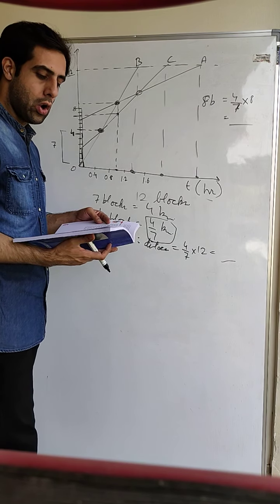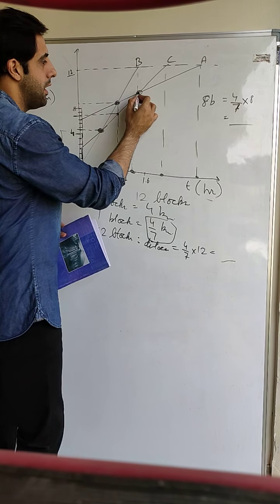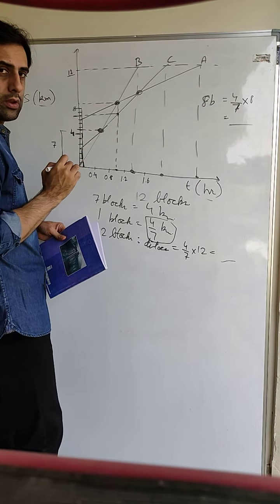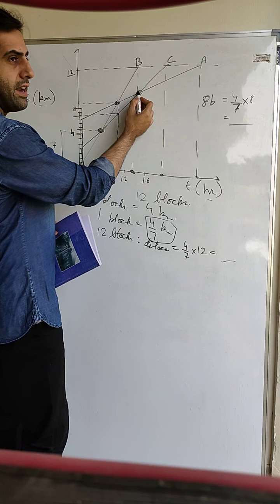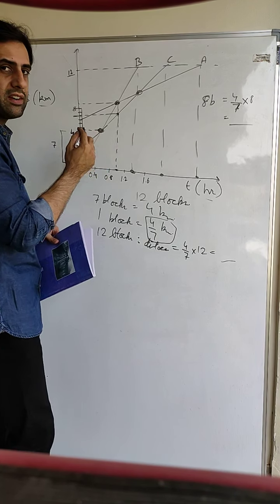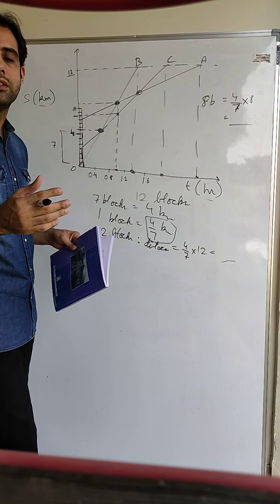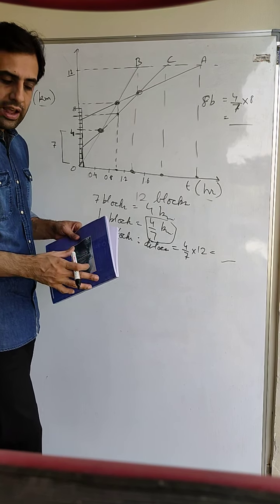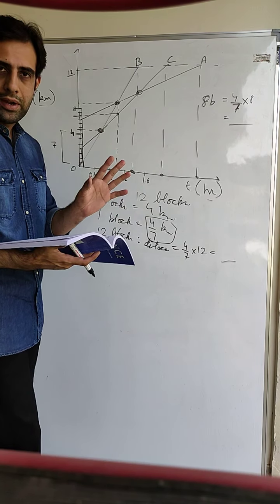Second part is, are all three ever at the same point on the road? Now if you see here, there are only 3 points of intersection. This point of intersection is between bodies C and A. This point of intersection is between B and A, and this is between B and C. So there is no point on the entire graph where all three bodies A, B and C are intersecting. Hence we can say that there is no point on the road when all of them meet.